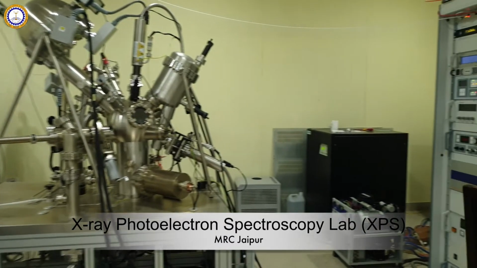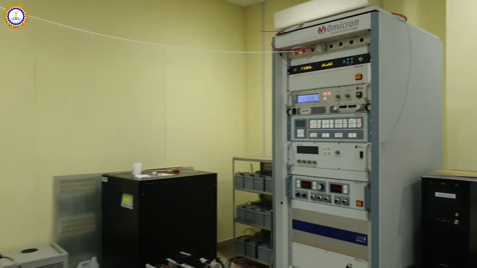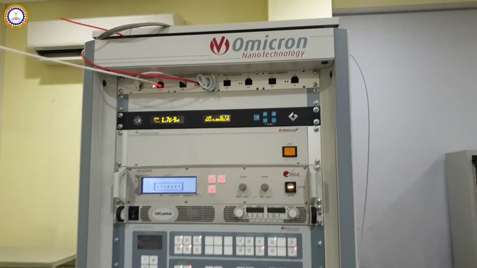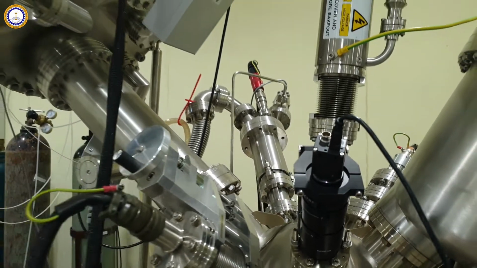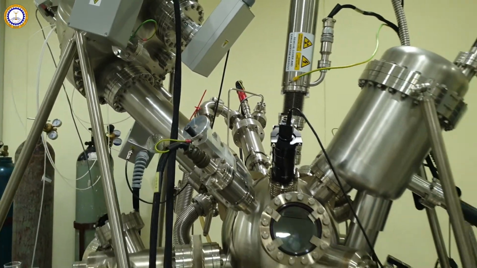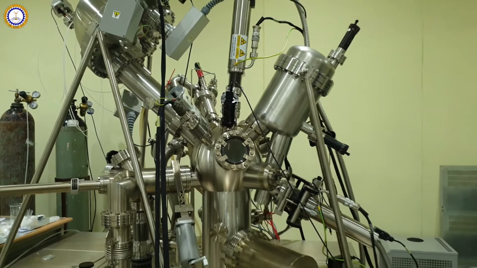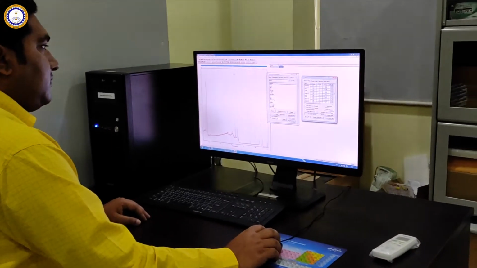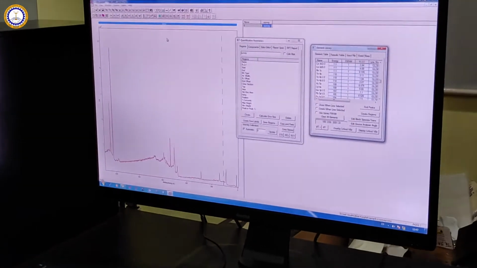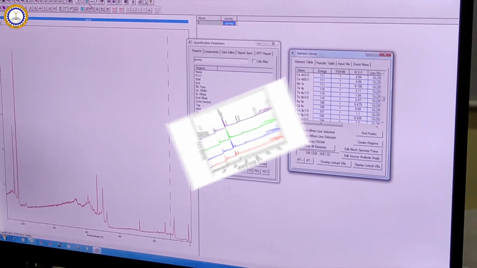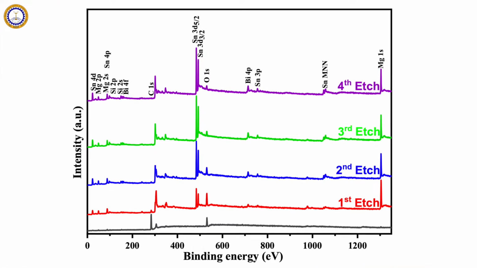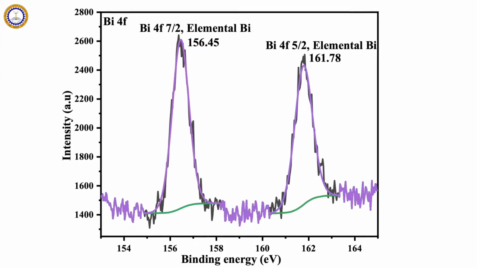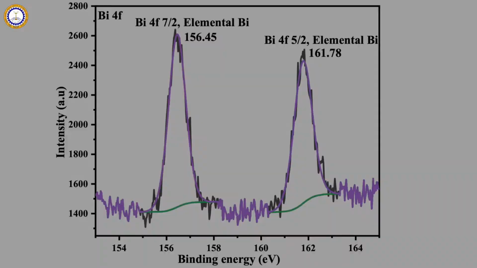X-ray photoelectron spectroscopy is a surface-sensitive qualitative technique used to learn about the chemistry of a sample. This instrument can utilize Auger electron spectroscopy and ultraviolet photoelectron spectroscopy for material analysis. It can analyze a wide range of samples, which include bulk and thin film, which can be magnetic, non-magnetic, conductive or non-conductive in nature. By hitting the sample with X-rays and analyzing the photoelectrons coming off the sample surface, we can learn about the chemistry of the sample and its oxidation states.